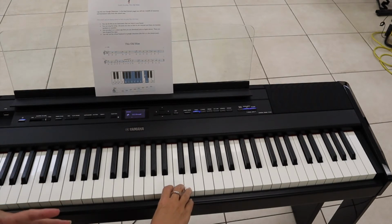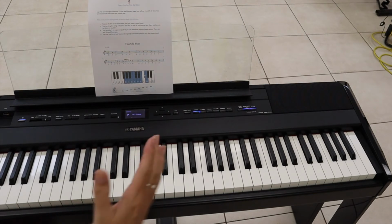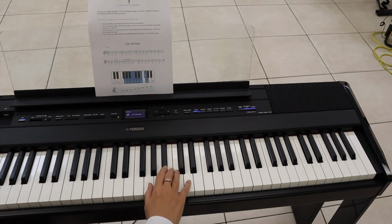So the tune at a slow tempo sounds like this. 1, 2, 3, 4. So that's how to play This Old Man at slow tempo, and remembering that the G, it comes down,